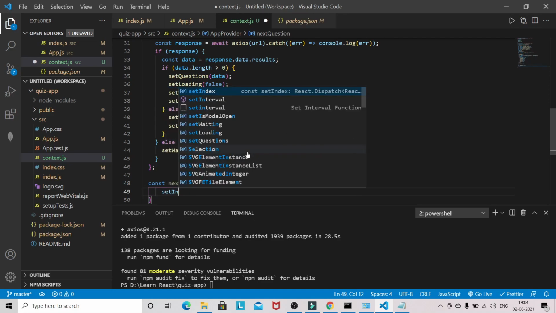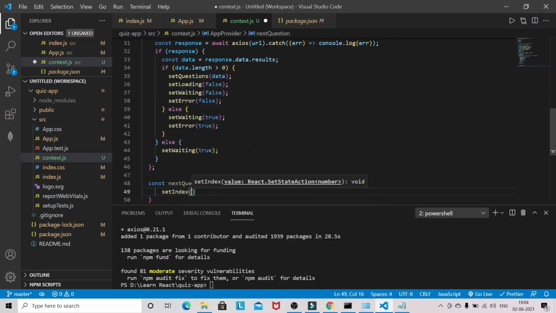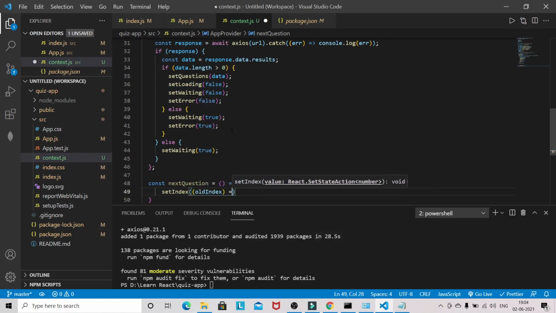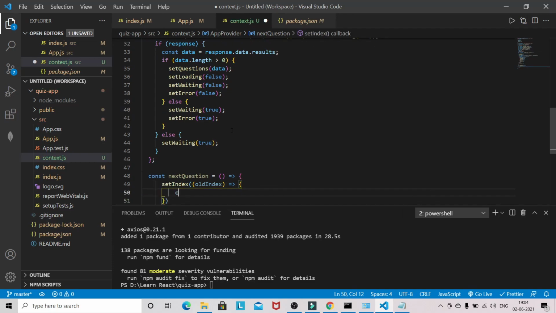Only we have to do all the hard work here in context. After that we just have to create the component and pass this method into that component. So it's like we are doing a one-time setup here.